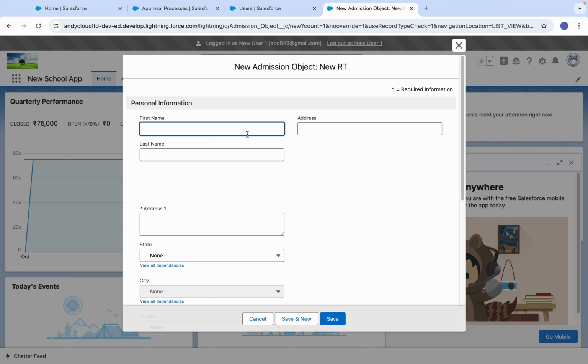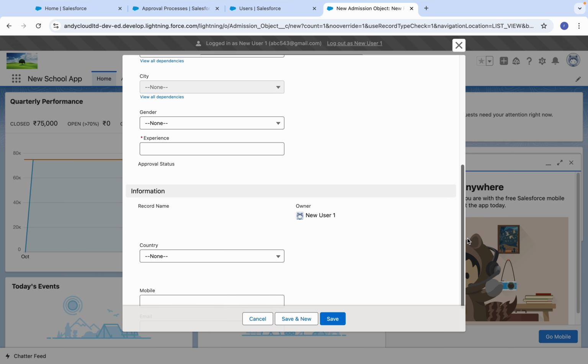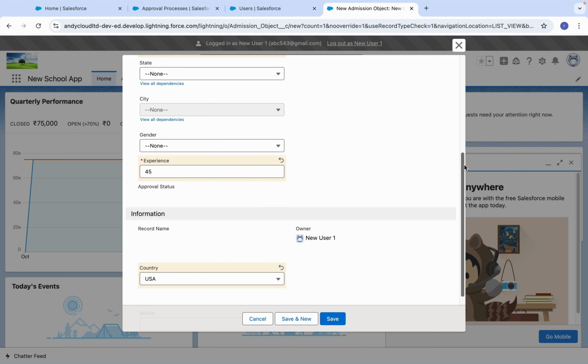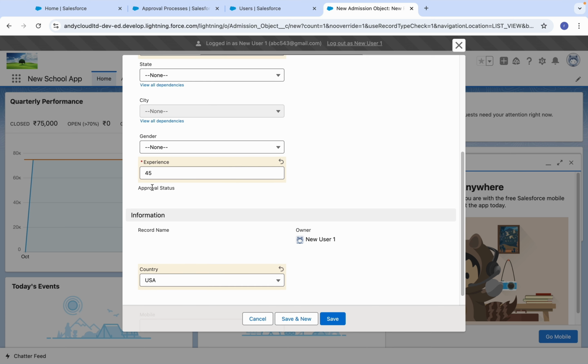USA new record 3. I will not add anything in the approval status field. You will see, after creating the approval process, it's read only now. So save.